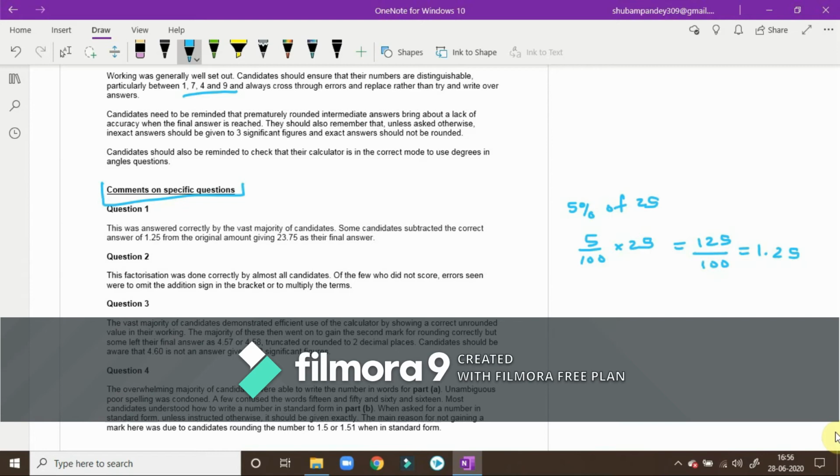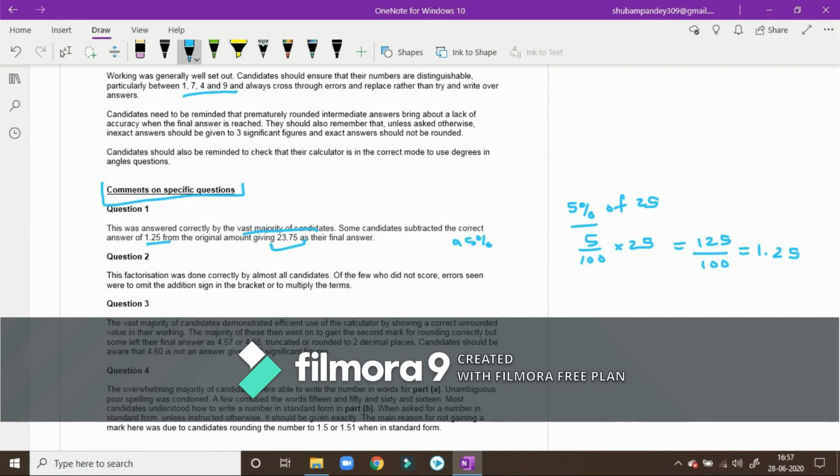So what has the examiner said? This was answered correctly by a vast majority of candidates, and some candidates subtracted the correct answer of 1.25 from the original amount, and they gave this as the final answer. So you see, a lot of candidates, instead of finding 5%, actually found 95% of 25. So this was, we can say, not a conceptual error, but I think it was a silly mistake on